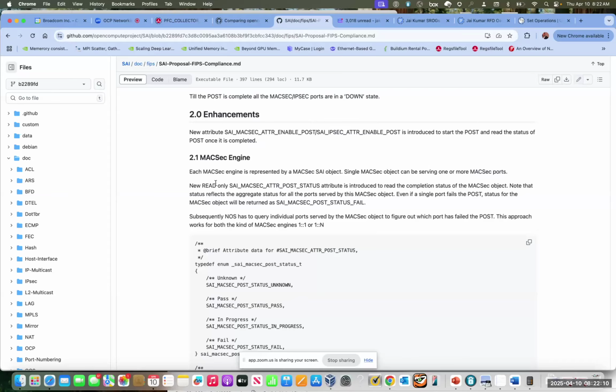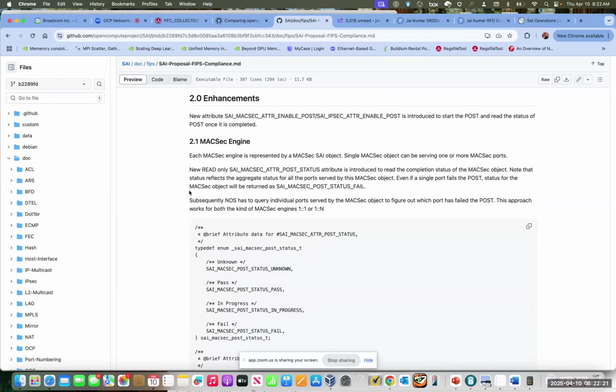So each MACsec engine is represented by a MACsec PSI object. A single MACsec object can be serving one or more MACsec ports. This is just a reassertion of the previous statement. A new read-only PSI MACsec POST status attribute is introduced to read the completion status of the MACsec object